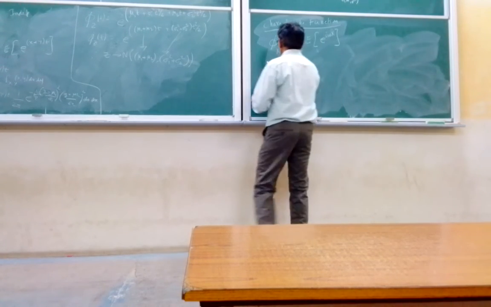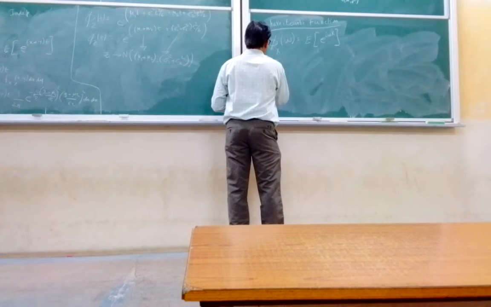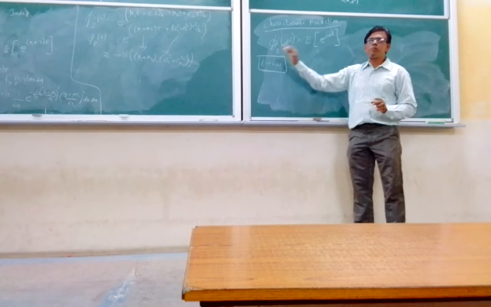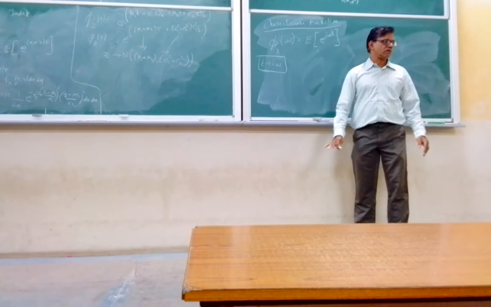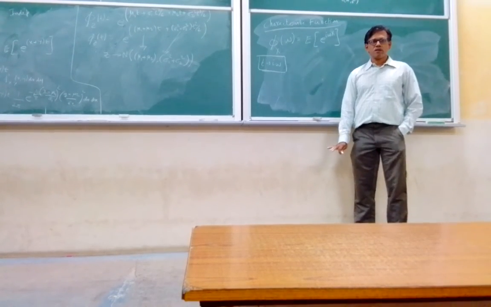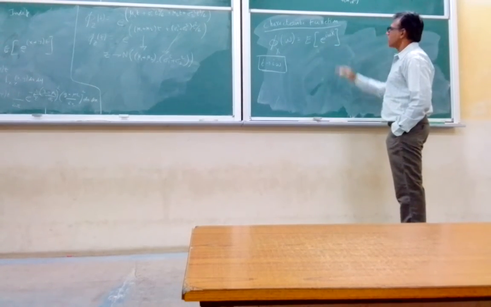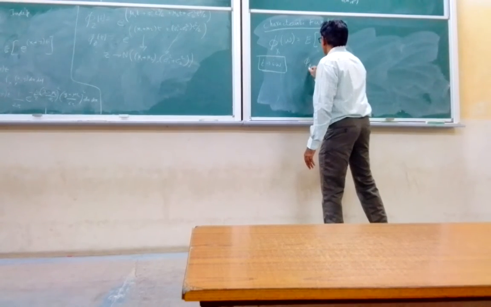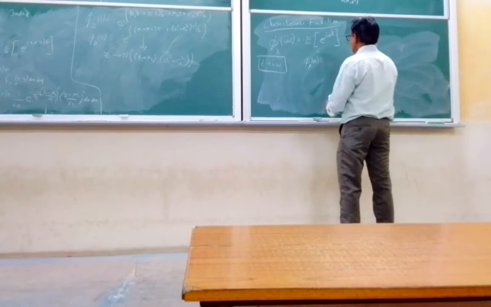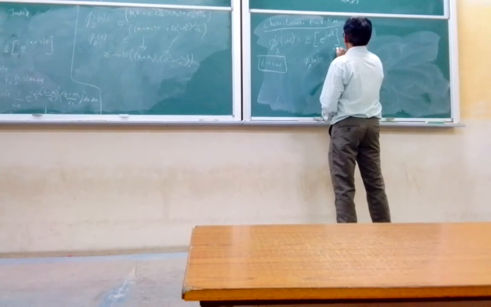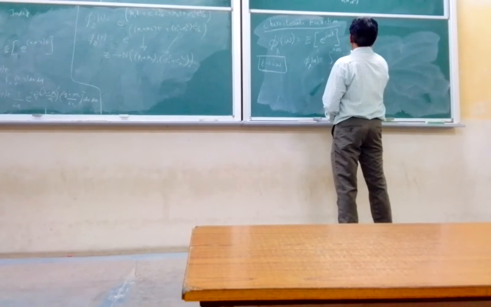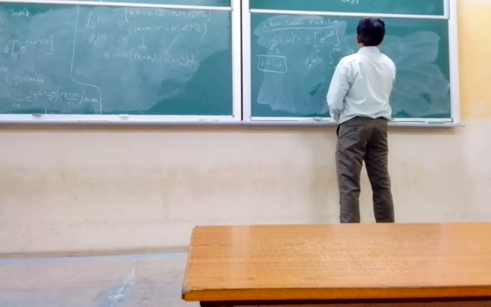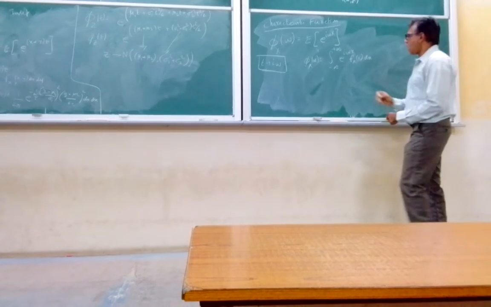So what we are doing is that t is i omega. In an MGF, if you substitute i omega in place of t, you will get the average. That's it. So it is the expectation of e power of i omega x. For a continuous one, it is the integral of e power of i omega x times f x of x dx. And for a discrete one,